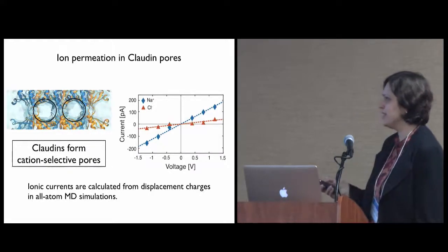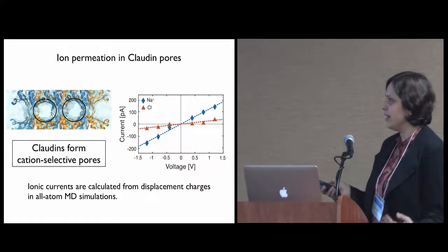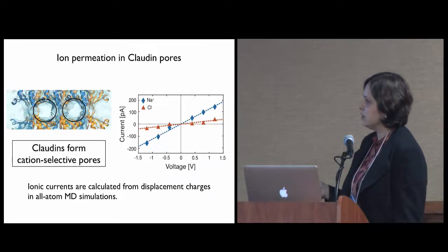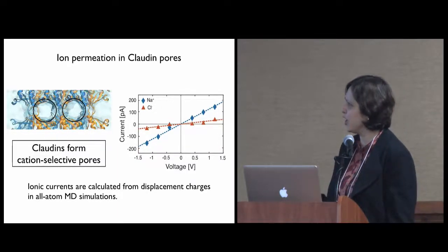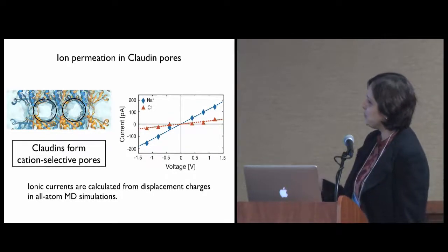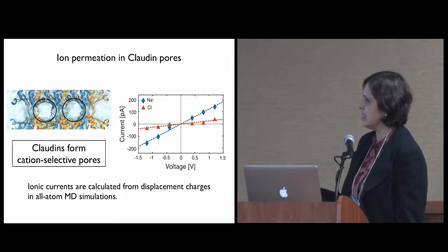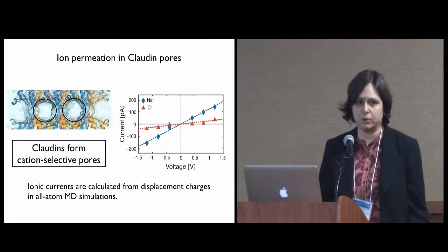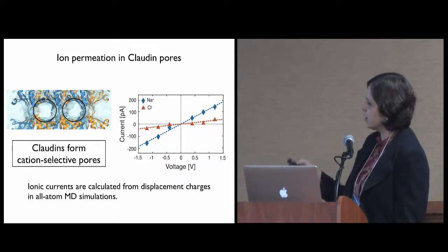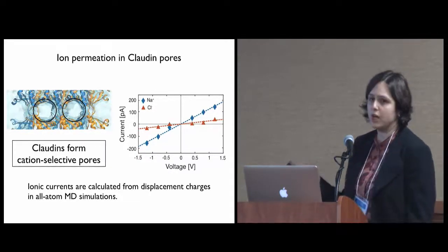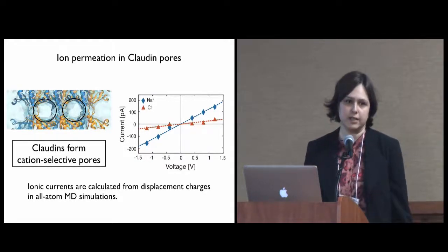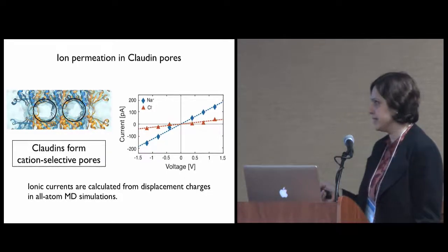We had to run each of these simulations for quite a while, actually, to get convergence and to have meaningful data, especially at lower voltages. So for each of them, we ran, I think, about 45 nanoseconds, and you can see that we have a lot of these data points. So here you can see the IV curves for claudin 15 for a solution of sodium chloride. The sodium current would be the blue line, and the chloride current would be the red line, and you can see clearly we have a sodium selective channel, or I have to say a cation selective channel,